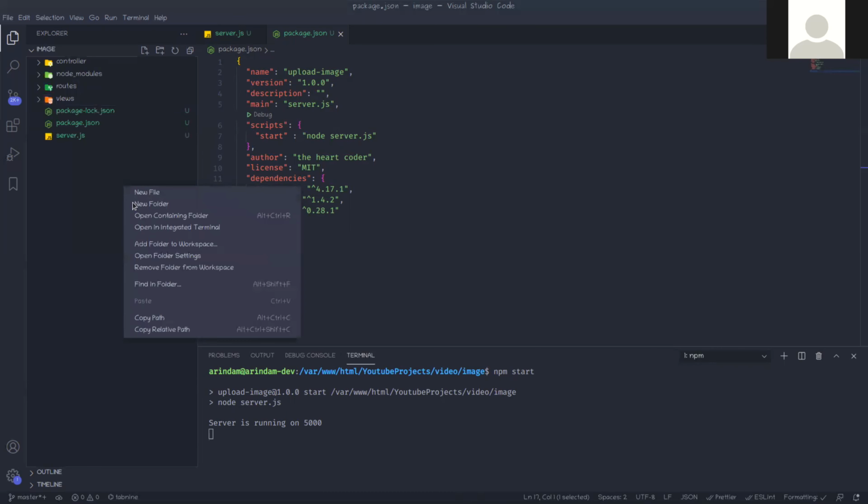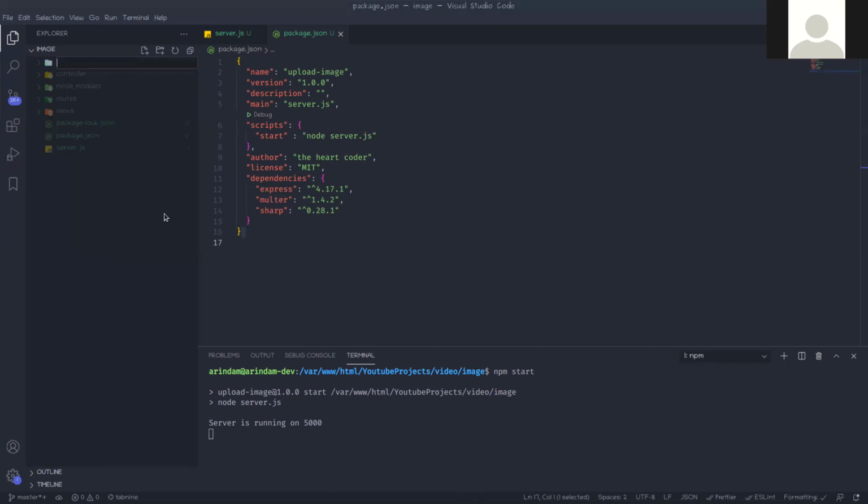And the last thing is the upload folder, in which we are uploading those images. So this is actually the image upload path.